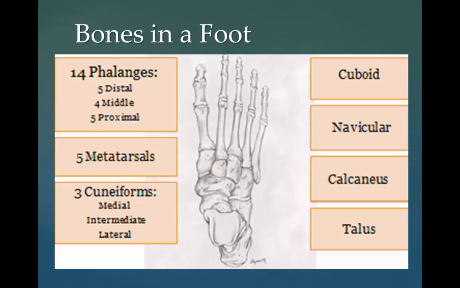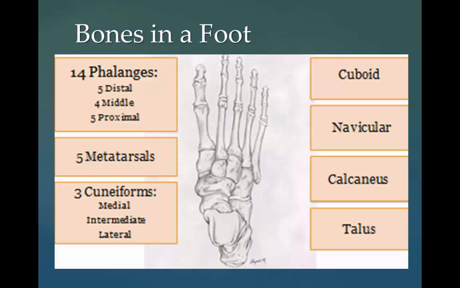Apart from these main bones, the sesamoid bones help improve function and are often found as variants of the accessory bones. The foot itself can be divided into three parts: the hindfoot, the midfoot, and the forefoot. The hindfoot is composed of 2 of the 7 tarsal bones, the talus and the calcaneus. The midfoot contains the rest of the tarsal bones, including the 3 cuneiforms, medial, intermediate, and lateral, as well as the cuboid and the navicular. And the forefoot contains the 5 metatarsals and the 14 phalanges.